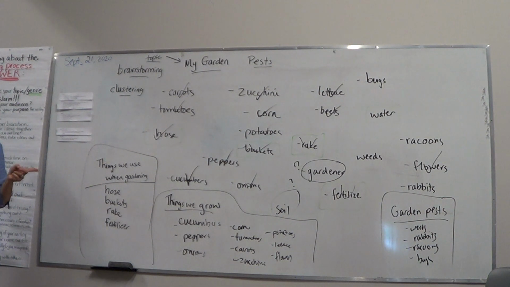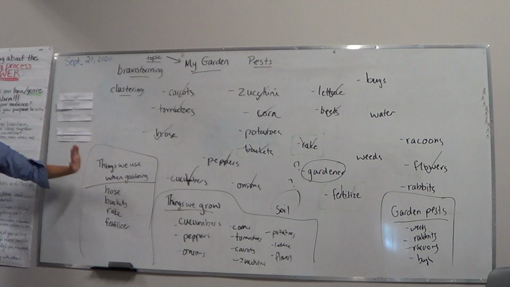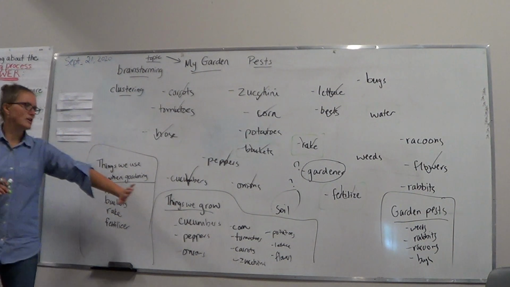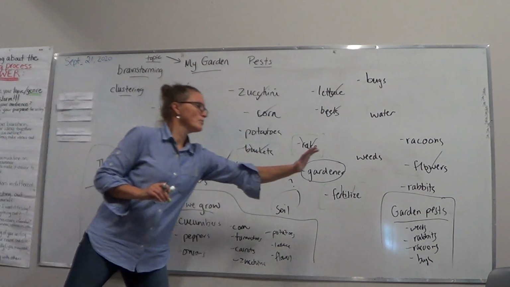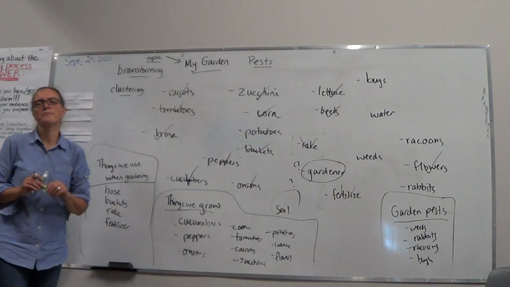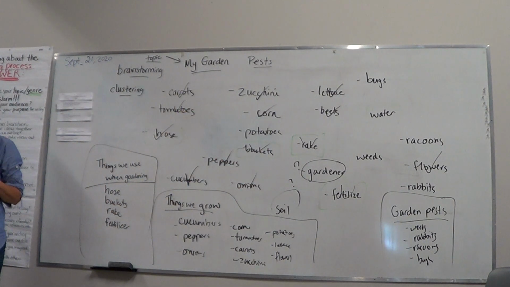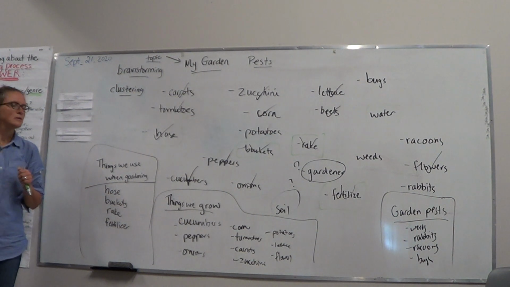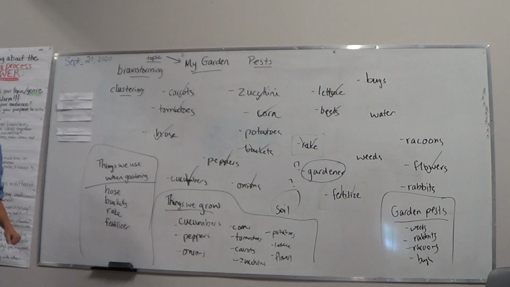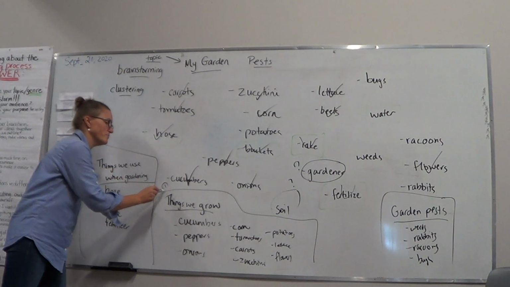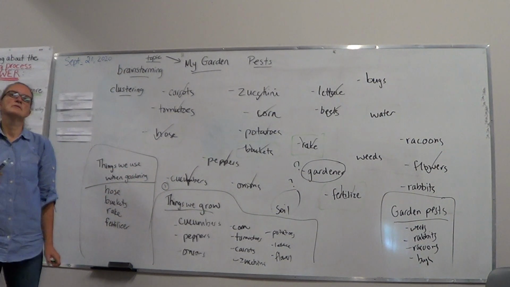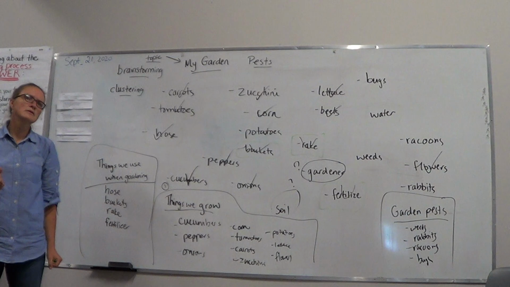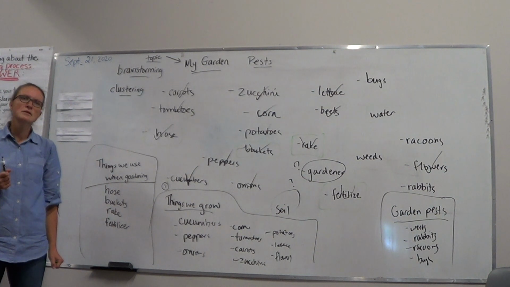If you guys were writing, would you start talking about the things we use when gardening? Would you start talking about the things we grow? Or would you start talking about the pests? Where would you guys start? I think it would start with what we grow. Okay. Can you tell us why? Person in gray? Because when we first started and then when we have that, then we need that supplies for